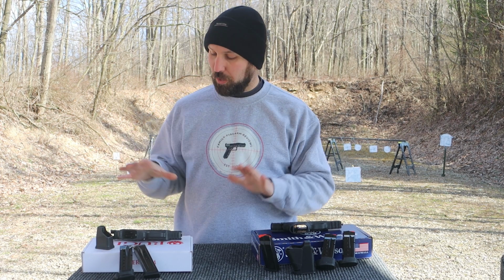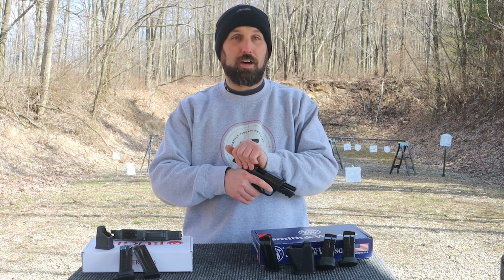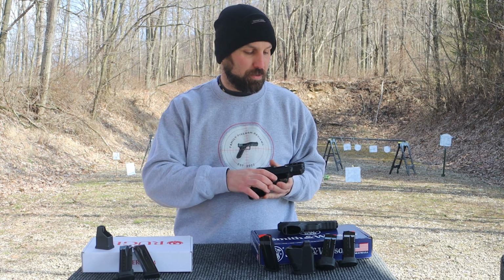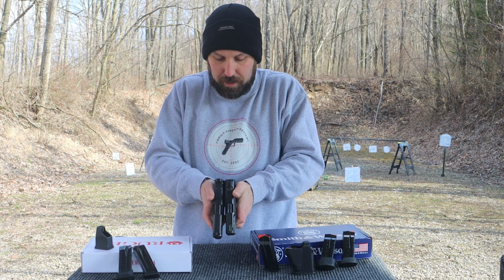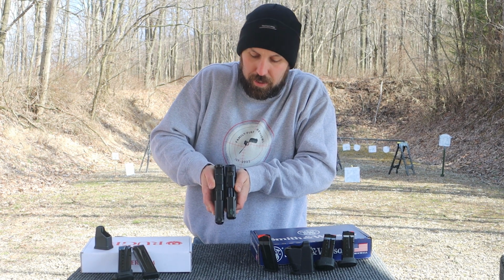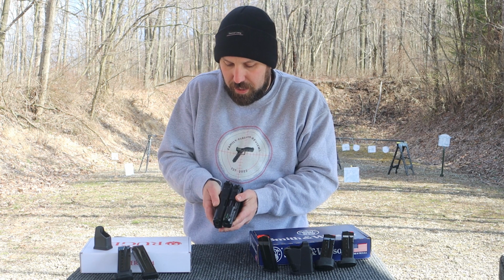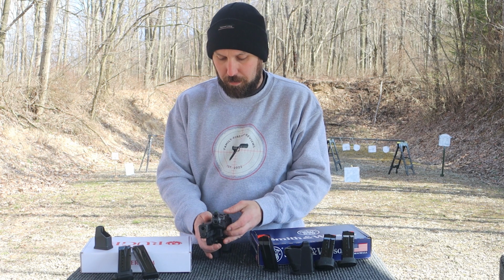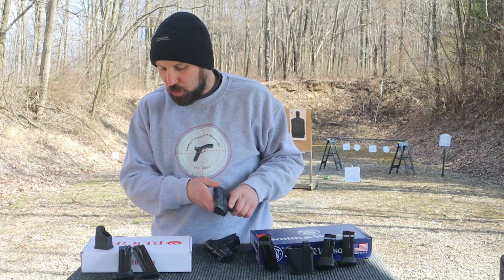Now with these, we're going to compare them to the size of a Glock 19 because they are very similar to the size of a Glock 19. So everything here is unloaded, you just saw. We're going to rack those slides forward and match these up side by side. You can see the Equalizer is slightly longer than the Ruger 380. You can see that thickness, they're about the same. For grip height, they're going to be pretty much the same there,